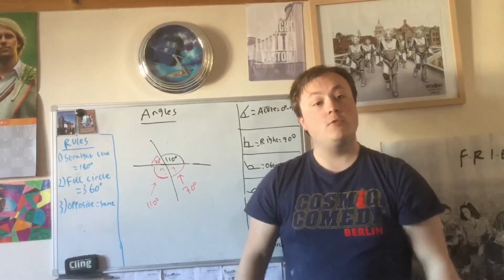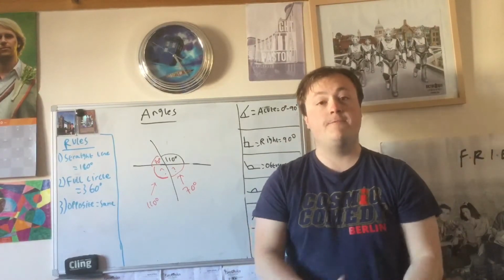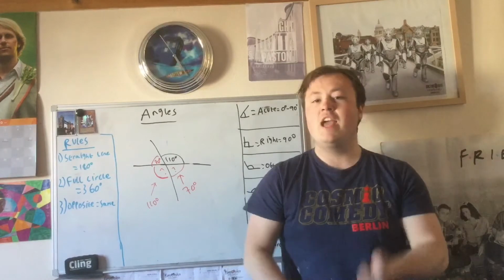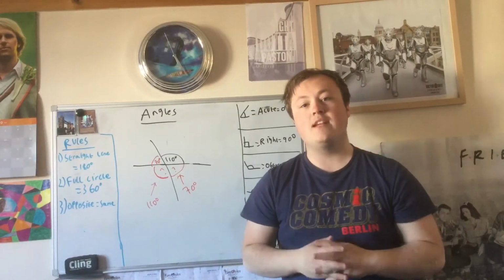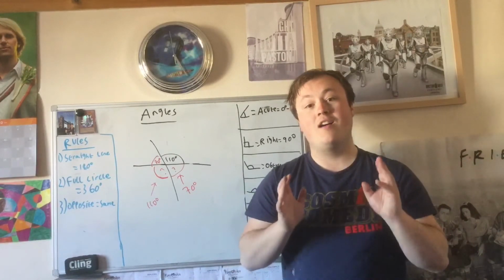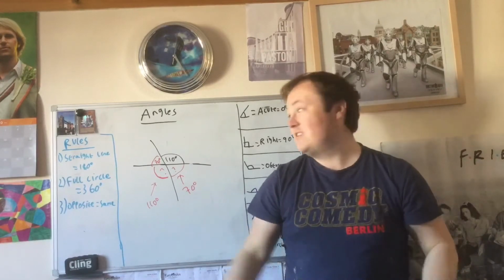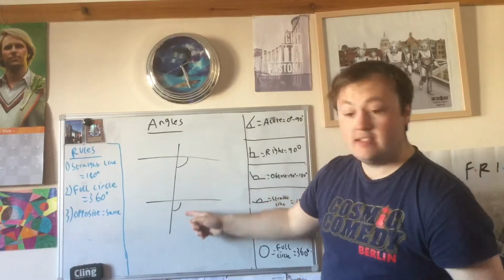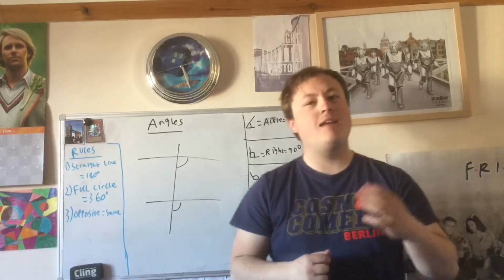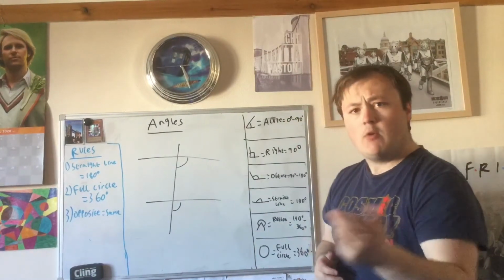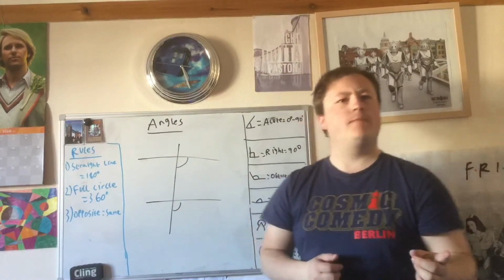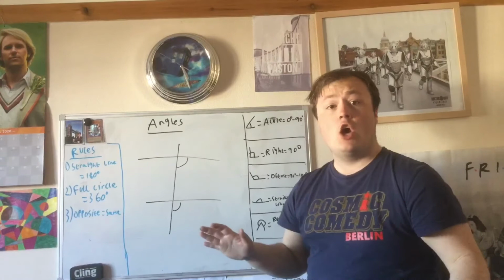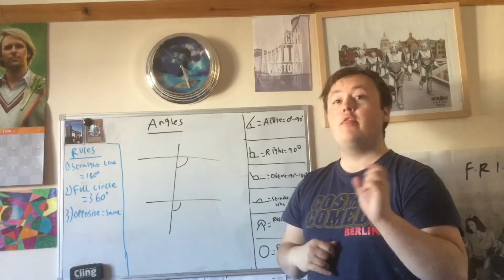And the reason you'd put is two reasons. Firstly, angles in a straight line add up to 180. And secondly, opposite angles are equal. And that's rule number 3. Now, these two lines here are known as parallel lines. Does anyone know what parallel lines mean? Well, they are two lines that no matter how far they can go till the end of time, they will